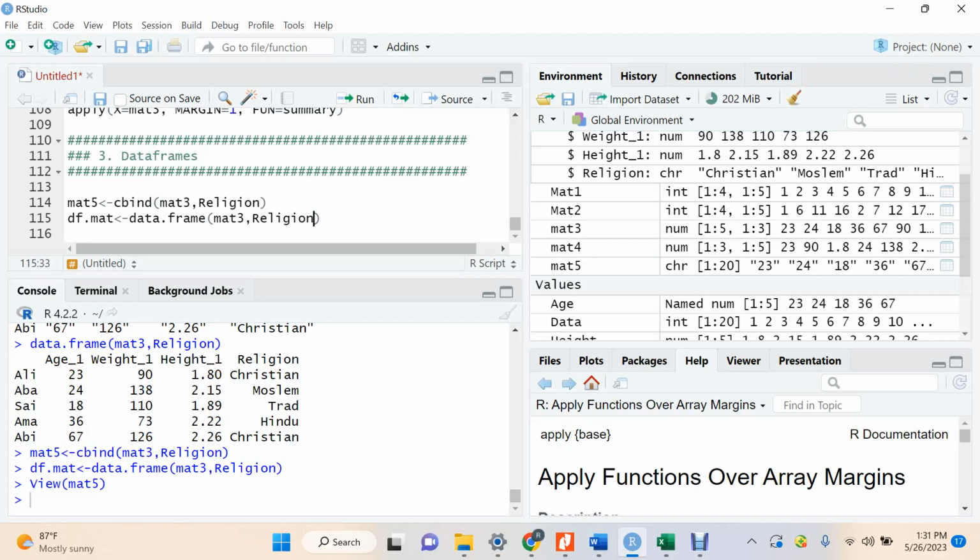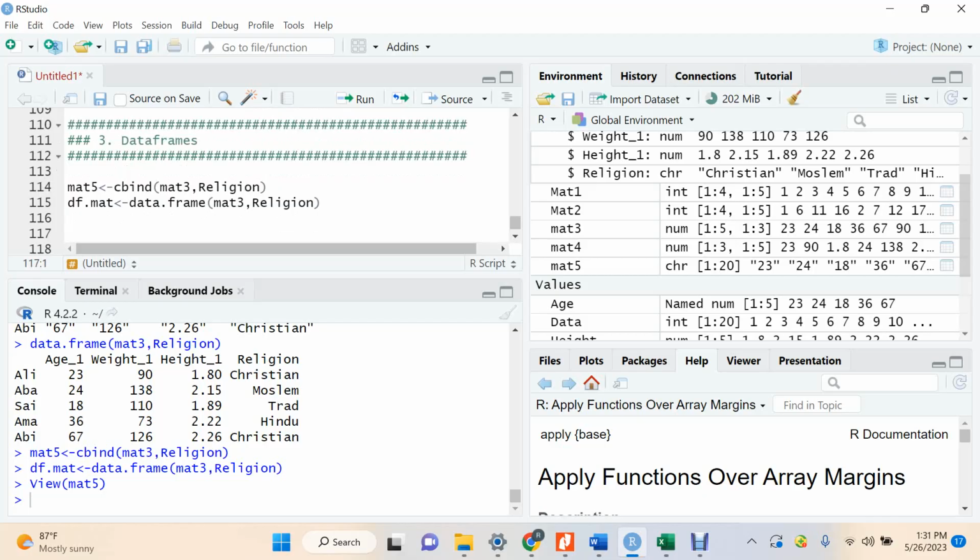Whatever we did in terms of subscripting or referencing and apply statements also applies to the data frame. The only thing that I want to add to this is that for the data frame, if we want to access or reference